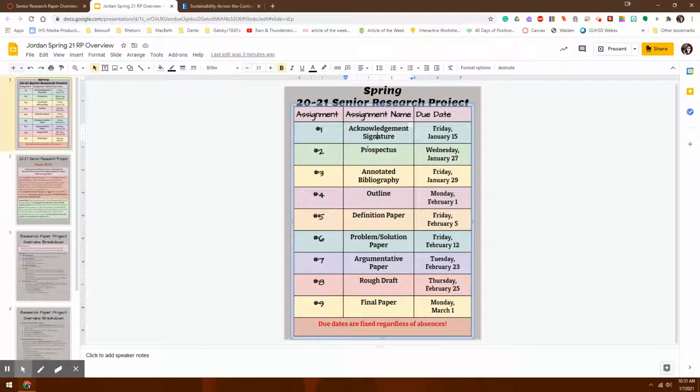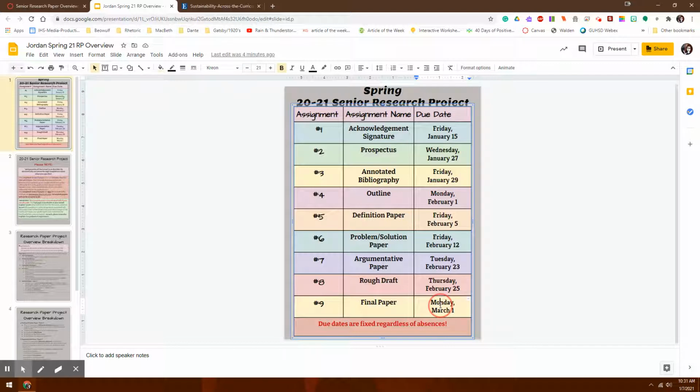But then our next assignment, we're not going to start until the 27th of January. We're not going to have it due. So we've got a little bit of a break because I wanted to introduce it and then let you think about problems that you see in the world. So we're not really going to dive into starting the project until a little bit later, but I wanted to get us started. Okay, so you have all of the due dates here,